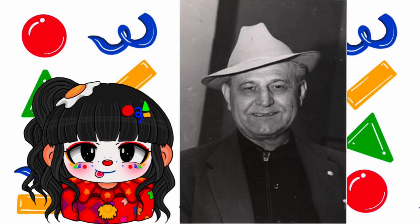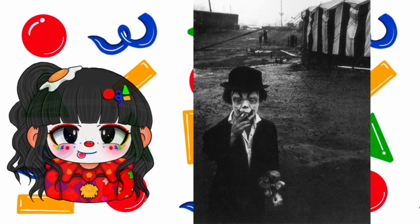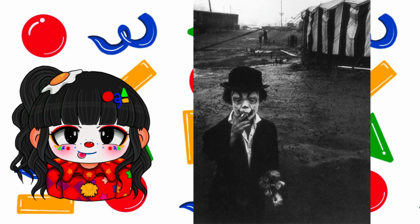Here is Felix out of clown. The fourth image is just known as Clown with Cigarette, but is actually a man named Jimmy Armstrong, who booked at the circus under the name The Dwarf Clown. He was also billed as Little Man on circus flyers that were handed out in a tent show in New